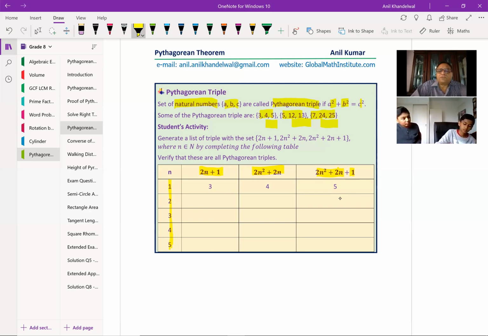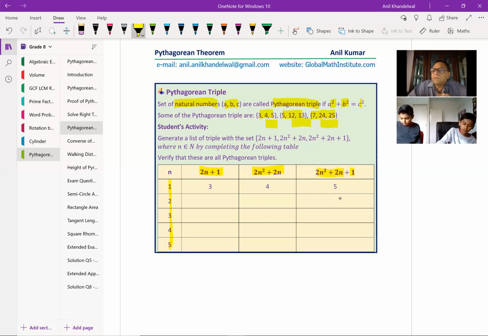So if I put n as 1, I get 3, 4, and 5. If I put 2, I get 5, 12, and 13. If I put 3, I get 7, 24, 25, and so on. So you can calculate about 10 triples like this. Another way to calculate triples is,